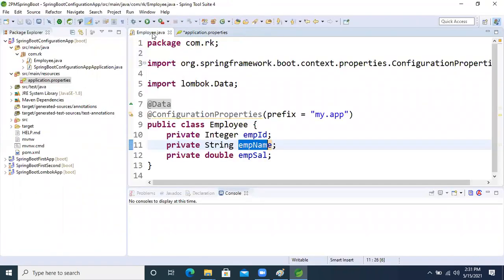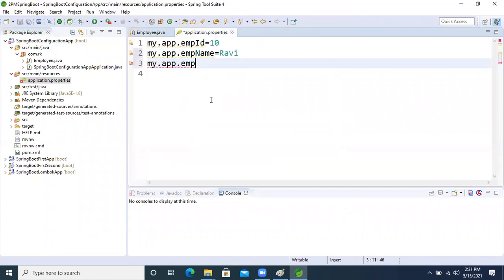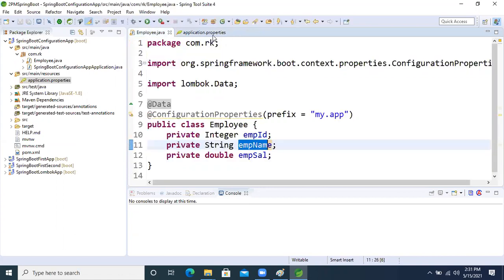Another one is empStyle, which is there. Emp style, this is the key. Inside that I'm giving 20.2. This is our key, right? Okay, so now fine, guys. So next what we will do now,